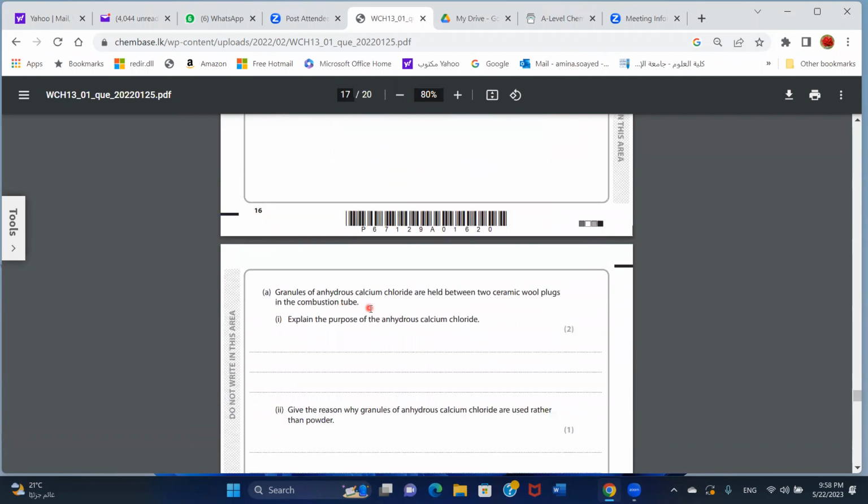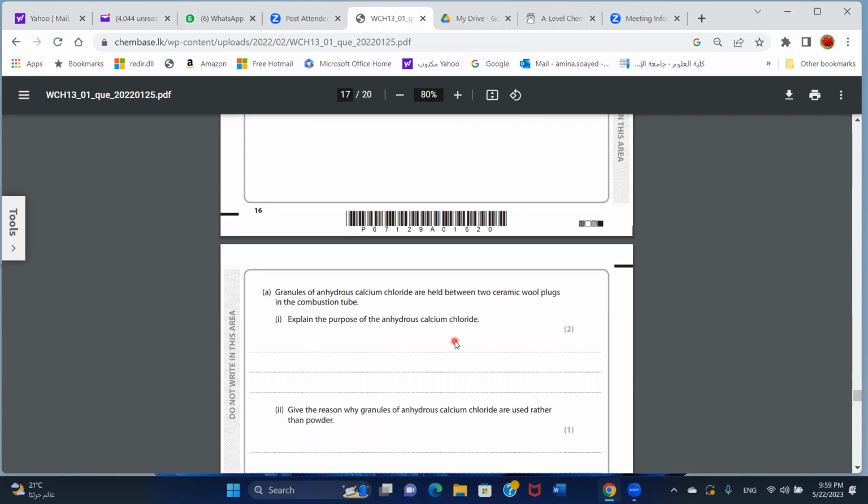Granules of anhydrous calcium chloride are held between two ceramic wool plugs in the combustion tube. Explain the purpose of the anhydrous calcium chloride. It's a drying agent, so it removes the water. Yes, excellent. As Miral said, calcium chloride is a drying agent, so it can remove the water from the